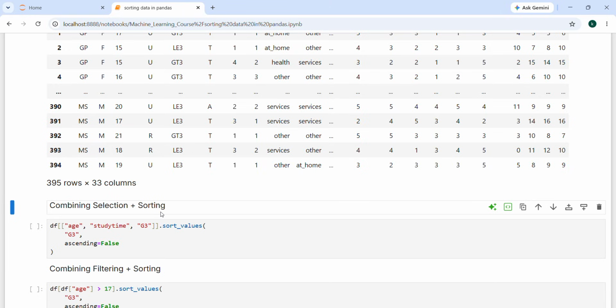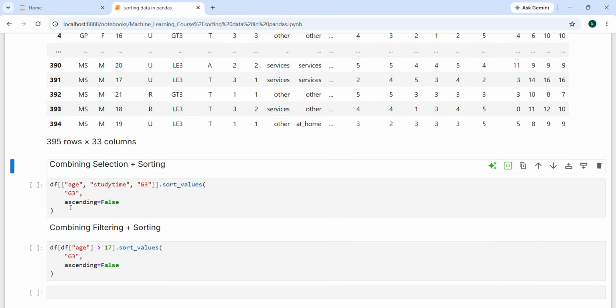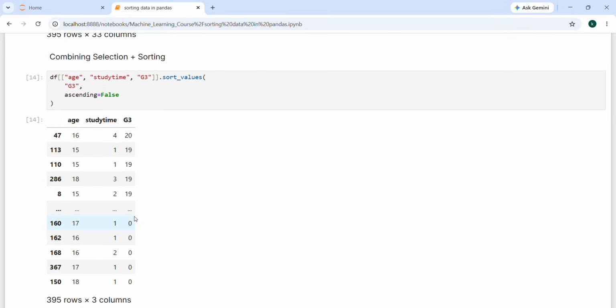selection and sorting. Here df of age, study, grade dot sort values, and same like this. Let us run this, shift enter. We got the output here. And the next one is